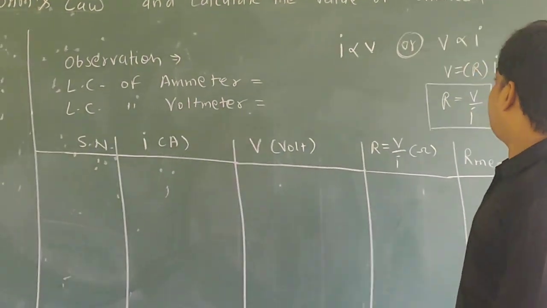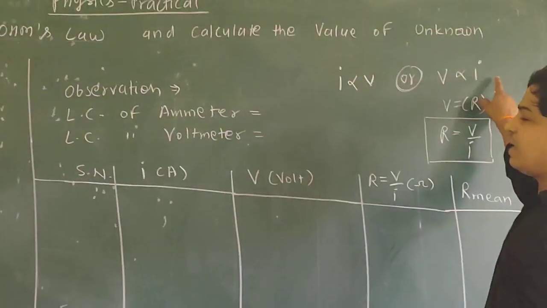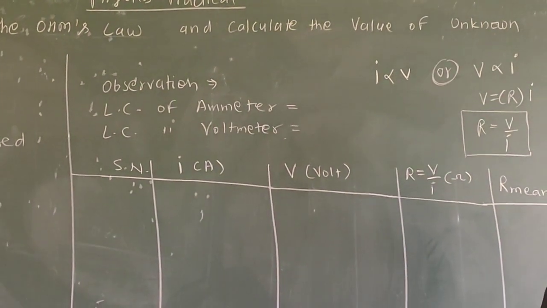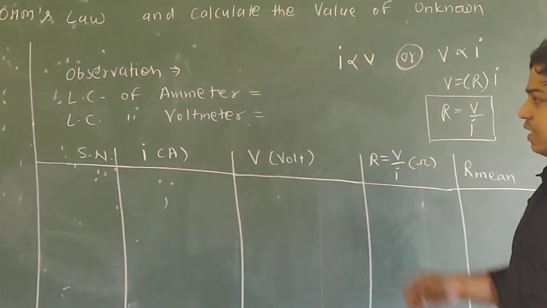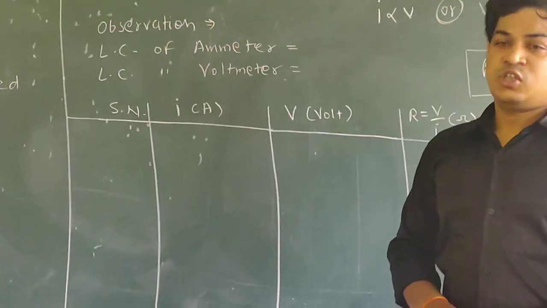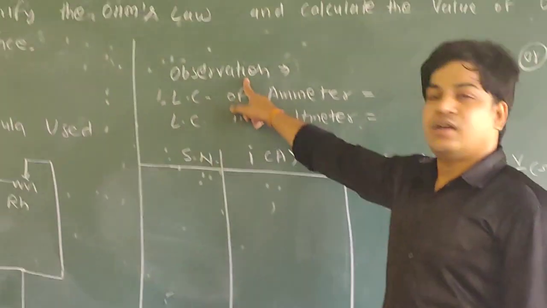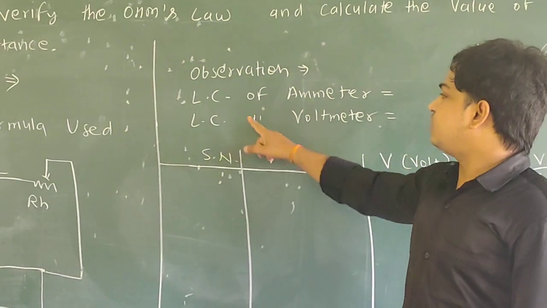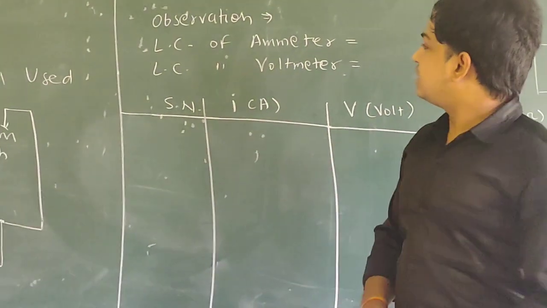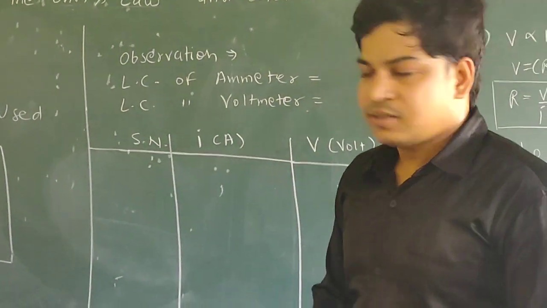So we are going to plot the graph between V and I, and by finding the slope of the graph we are going to measure the value of unknown resistance R by taking the values of current and voltage. So first, on starting the observation, we have to measure the least count of the ammeter and voltmeter. To measure the least count of the ammeter and voltmeter, see,